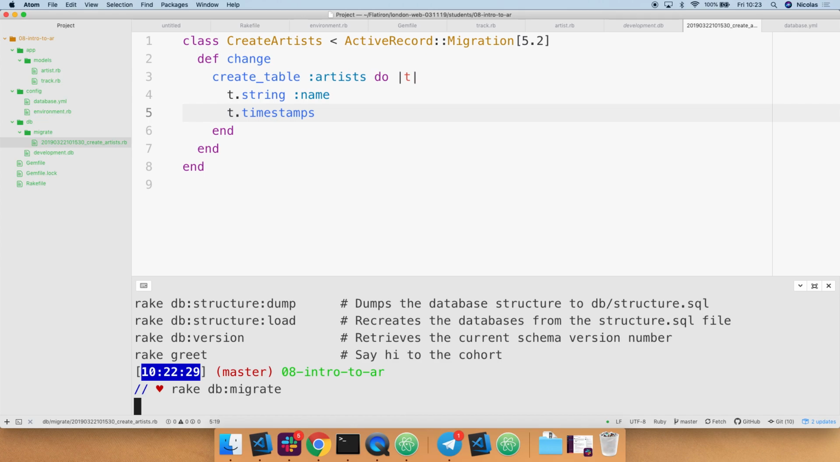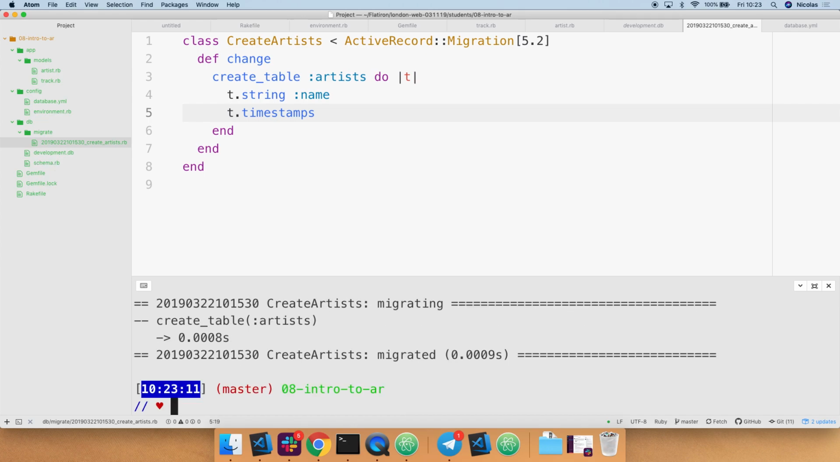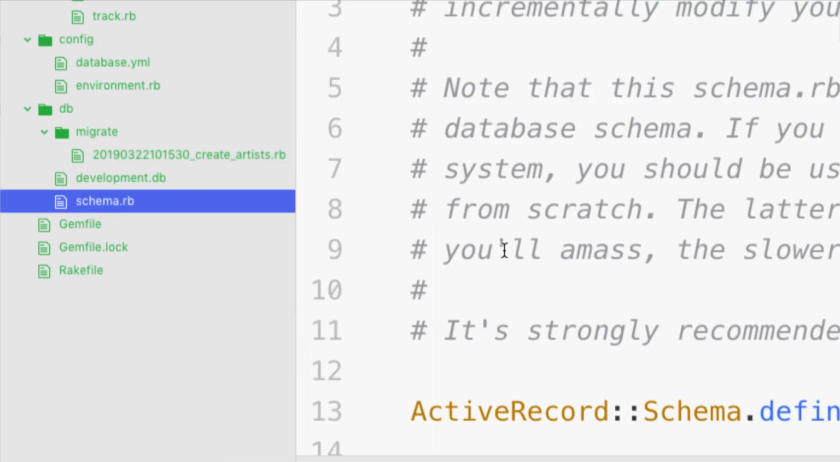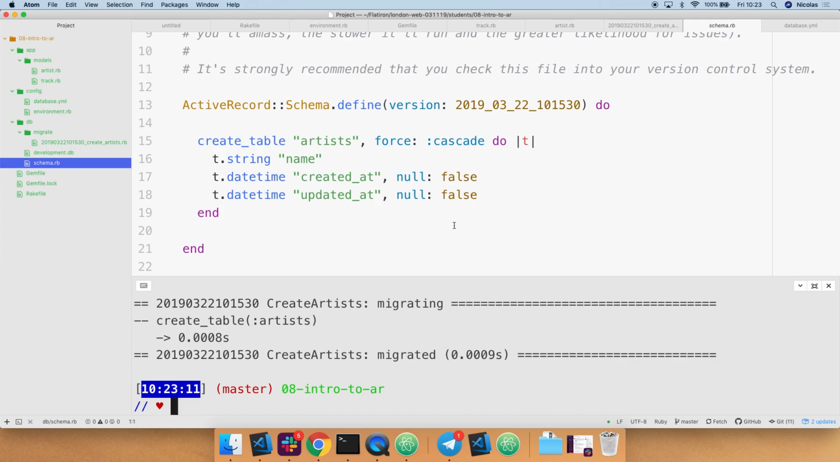But if we do db:migrate, you can see that it ran. It tells you how long it took. And there's something new here. It created a schema for us. So what is the schema? Okay. The structure of